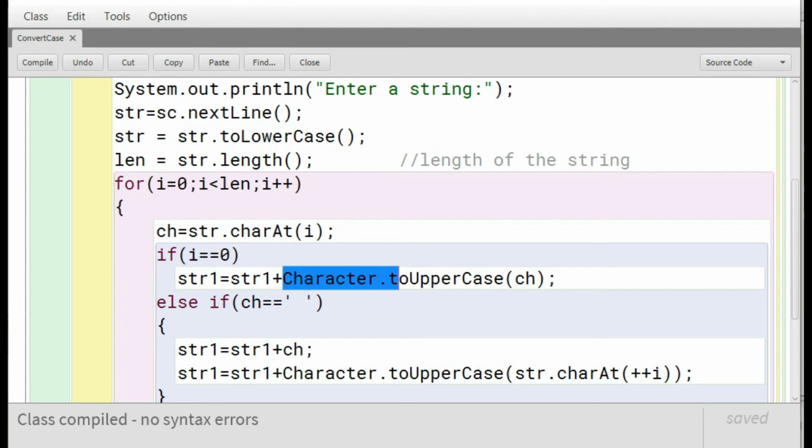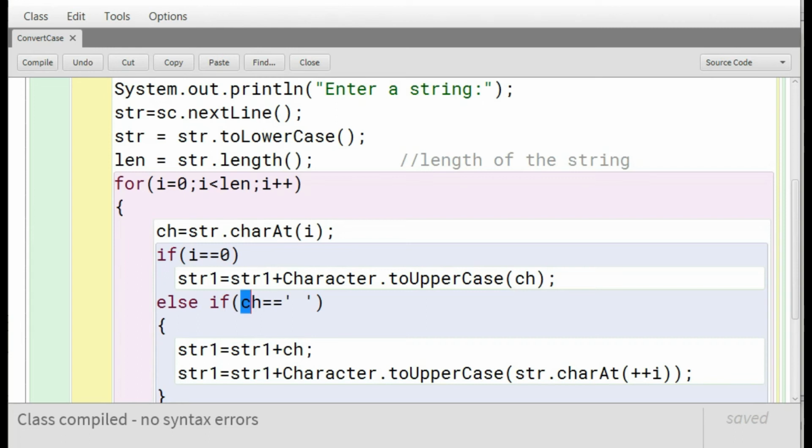We make it a capital letter using the function Character.toUpperCase. If i equals 0, the first letter of the sentence is converted to uppercase and stored in the string str1.